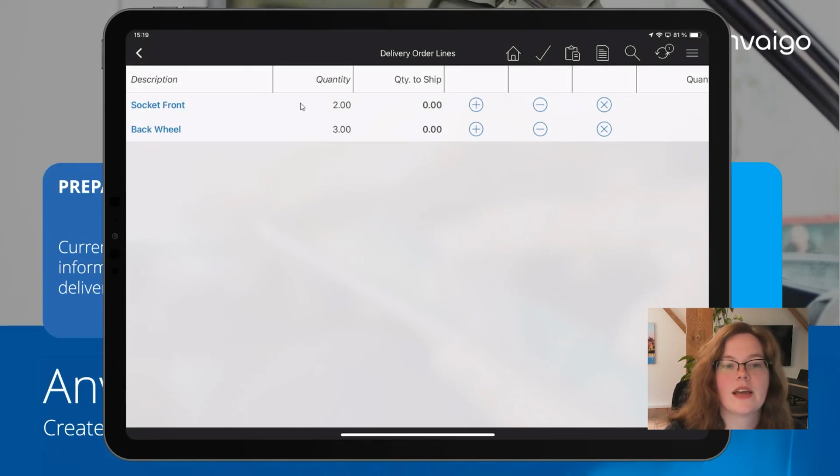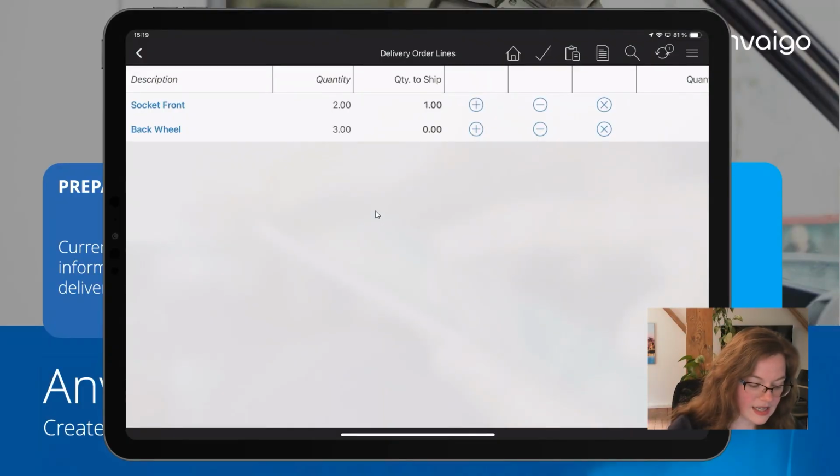So I can see those items that have been requested that we should be delivering. I can also make some amendments so that if perhaps my customer isn't wanting to accept everything immediately, maybe something's been damaged in transit, or they simply ordered the wrong color, I definitely want to make sure we're only handing them over items that they need. So from here, I can always go ahead and say, yep, I need all of those, but I won't be delivering any back wheels. That's the wrong item. I needed a front wheel to match my front sockets on my bicycle.